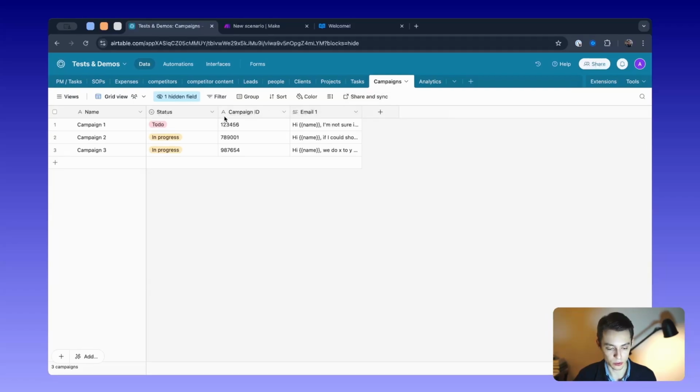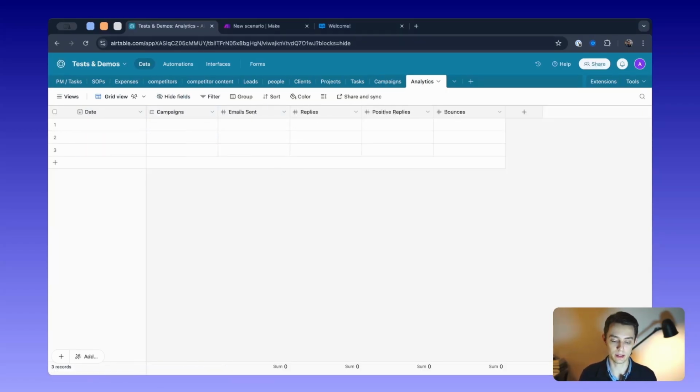So the first one for campaigns, we have campaign name, the status, the ID, so this will be the ID that you have on the sending platform, and then the email. You can have more things like the emails you're sending or other information that you may want to have, but the main important ones are the name, the status, and the campaign ID. So once you have this on the campaigns table, then you create an analytics table that you have dates as the primary column,